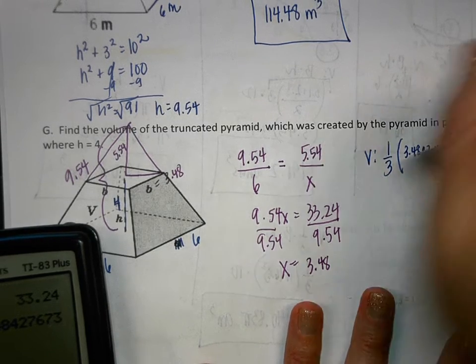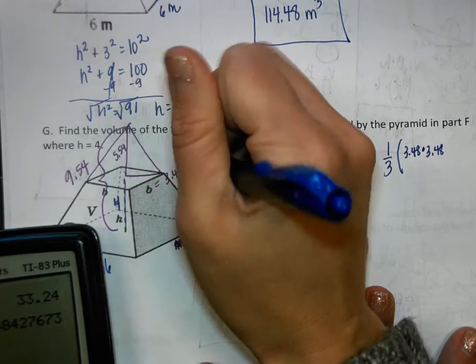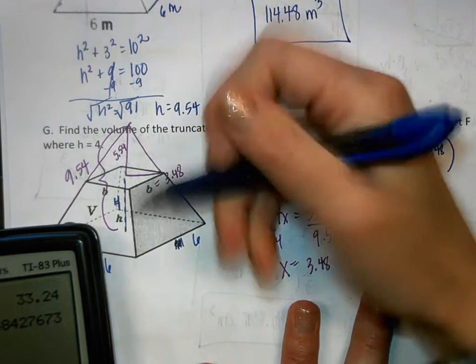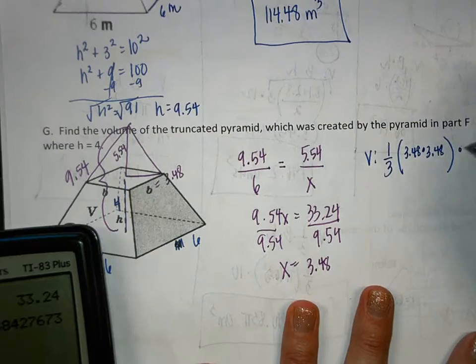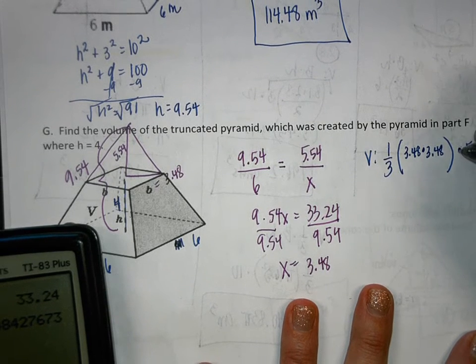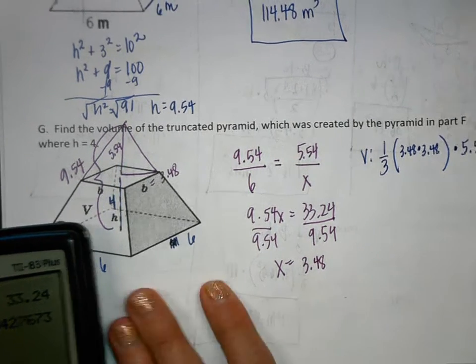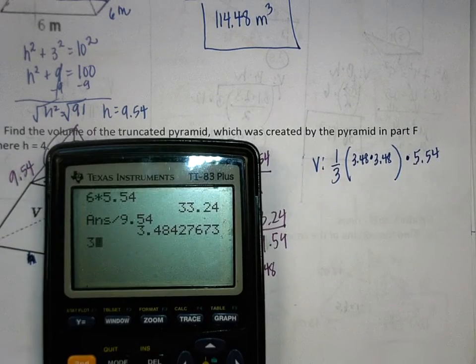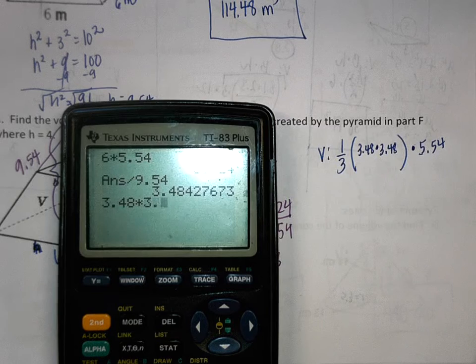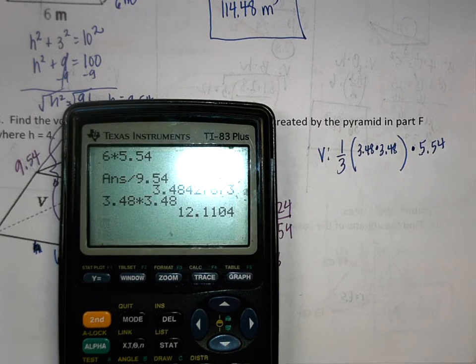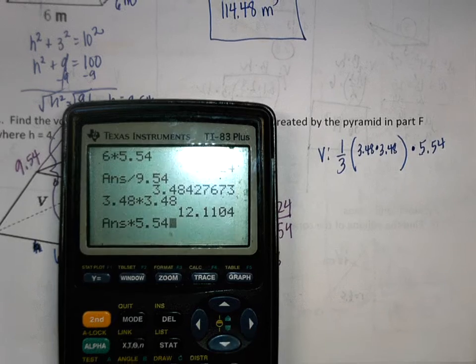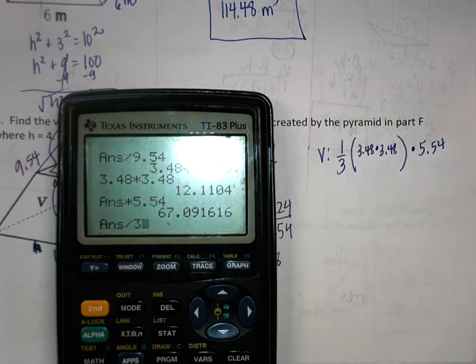So it's base times base, and then the height of that figure is 5.54. In my calculator, 3.48 times 3.48 equals that value. I'm going to multiply that by 5.54, and then divide by 3, and you get